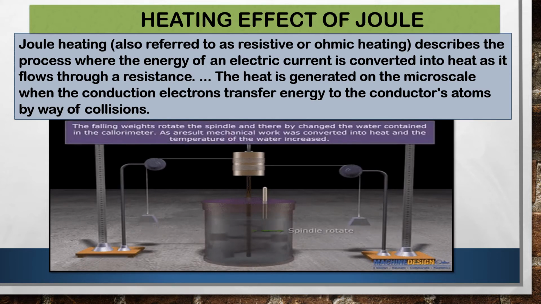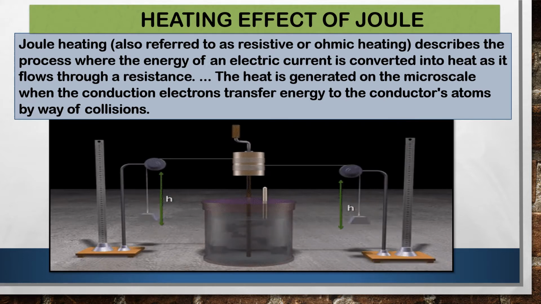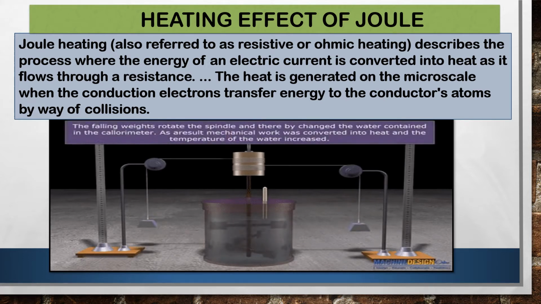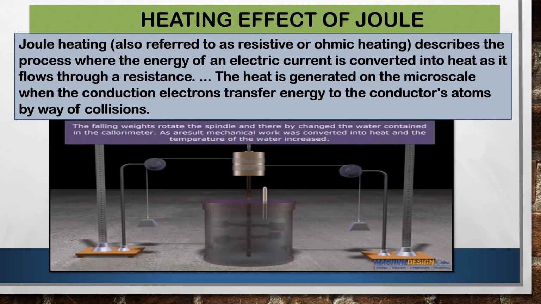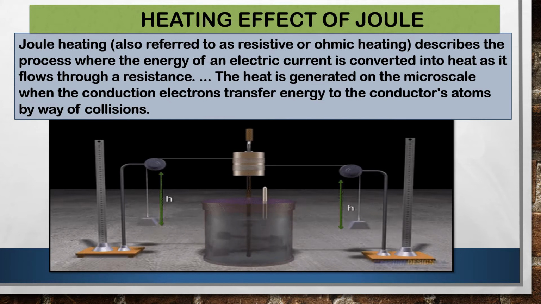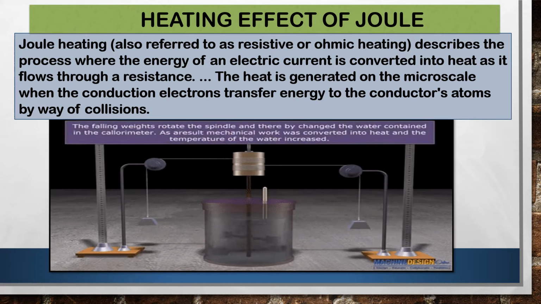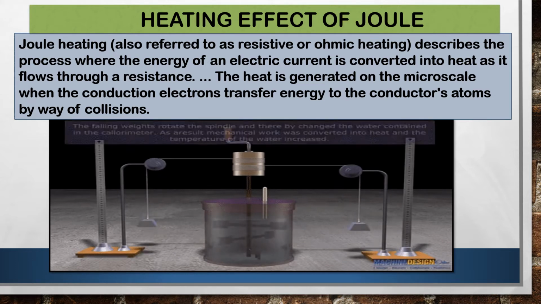Now see these two. This is one piston, this is another piston. See, height is decreasing. That means work has been done. That means H is completely converted into J. See, one thermometer has also been inserted over here in the calorimeter, because this thermometer will measure the temperature of the calorimeter.